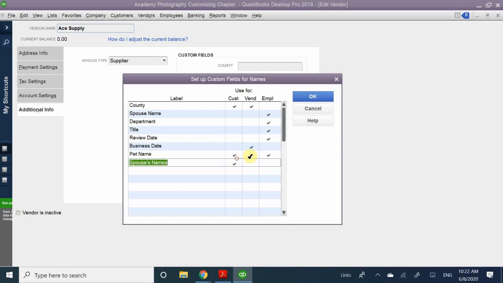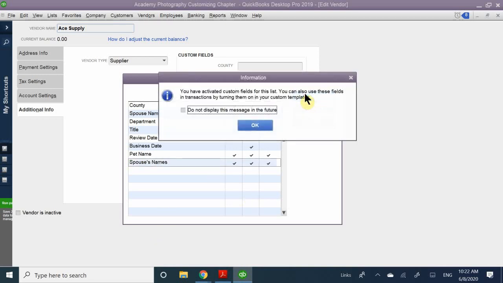This can also apply to all of these because obviously if you have employees, right? When we go into the employees, you're going to ask them, are they married? So it'd be really nice if you knew if they were married. You could talk about their spouses. Same thing with your vendors. Same thing with your customers. Okay. So I'm gonna go ahead and click OK, and then I'm gonna say don't ask me again, and I'm